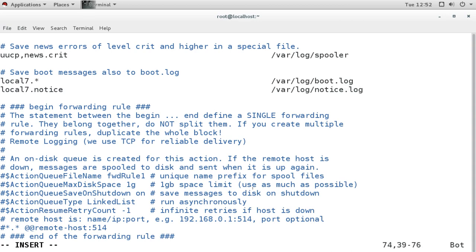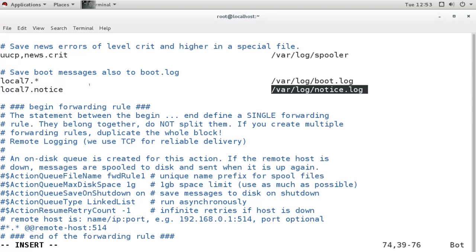So whatever log comes for this local 7 facility with this notice priority, it will go to this new file. So this is what I want. So I will make this new entry. Just like this, we can also make new entries for ourselves or for our application.